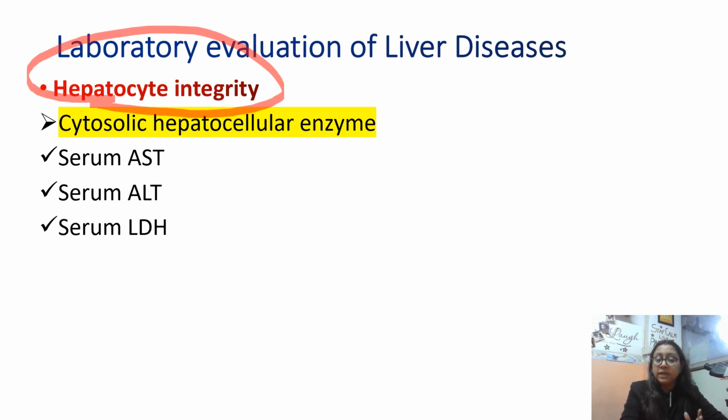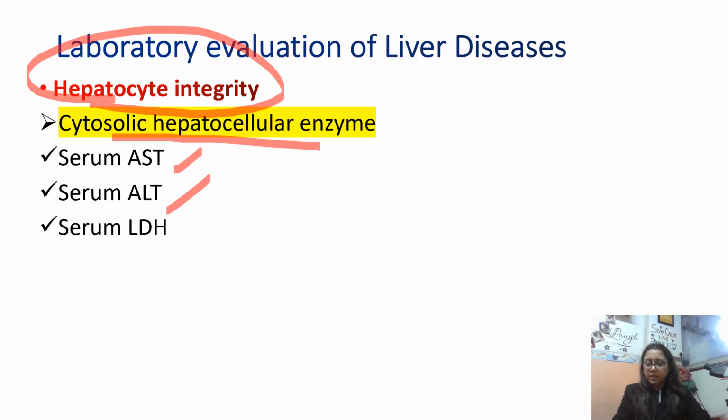फर्स्ट, इट इज योर हेपाटोसाइट इंटीग्रिटी, मतलब जो नॉर्मल हेपाटोसाइट्स पेशेंट के इंटैक्ट है या नहीं है, वो हम डिटेक्ट करते हैं बाय साइटोसोलिक हेपाटोसेलुलर एंजाइम, दैट इज सीरम aminotransferase. This is alanine, this is AST. So AST and ALT, and then serum lactate dehydrogenase. So these three enzymes, ठीक है, aspartate aminotransferase, alanine aminotransferase. So those are the enzymes that we have to remember जो hepatocyte की integrity को दर्शाते हैं. So one is your serum AST, serum ALT and serum LDH.